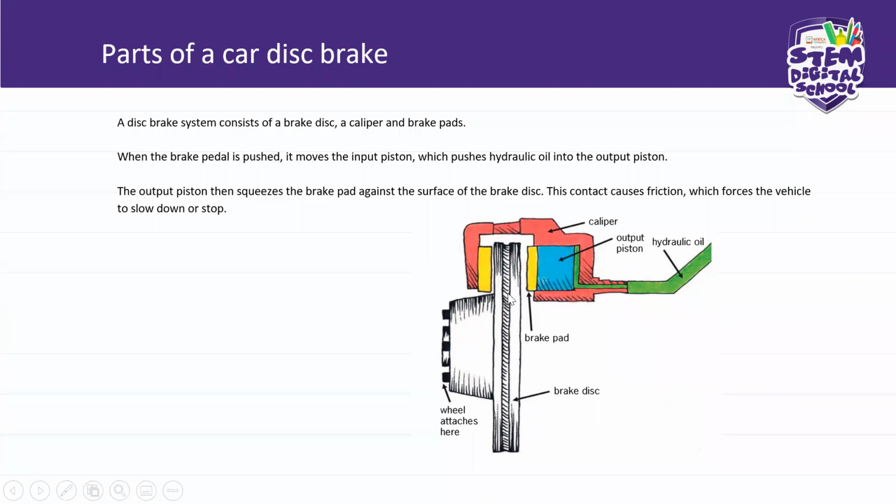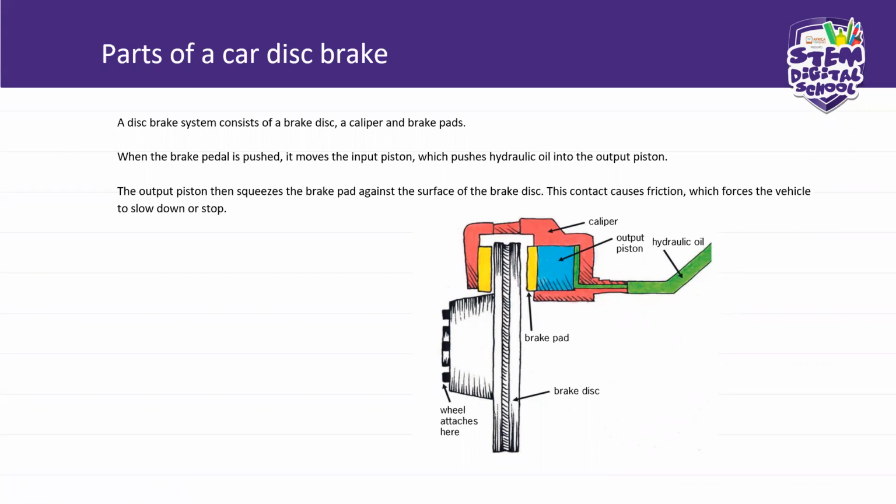And then you have your hydraulic oil. We did the hydraulic systems with you. You have seen how a hydraulic system operates. So when you apply your brakes, there is a flow of this hydraulic oil. The hydraulic oil goes to the output piston. So when you apply brakes, you exert a force that will drive the hydraulic oil